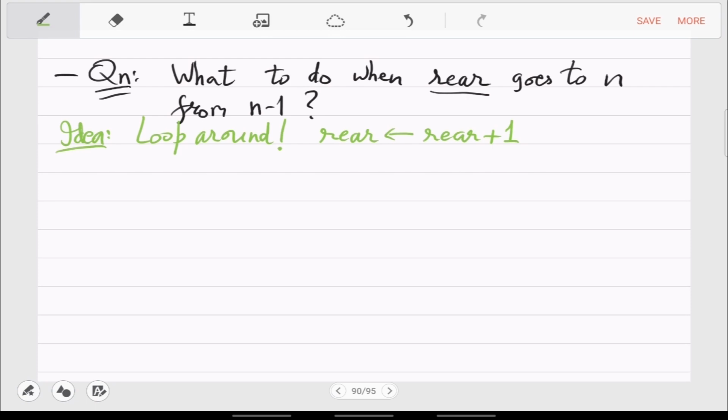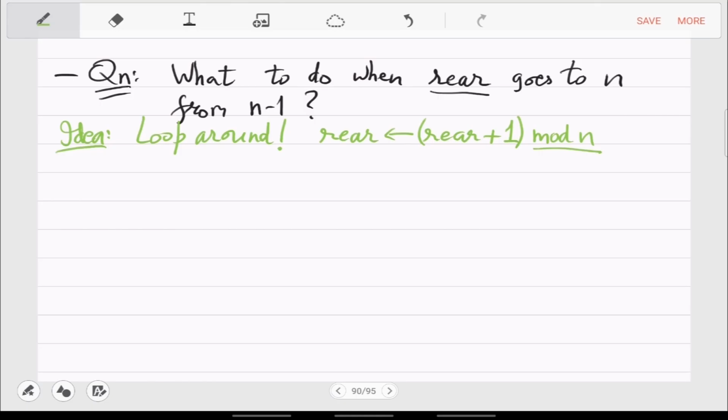At n minus 1, you will do plus 1, so it will become n, but there is no location n, so you should do mod n. Mod n will give you the remainder between 0 and n minus 1. So n mod n will become 0, right? Which is a declared memory location.